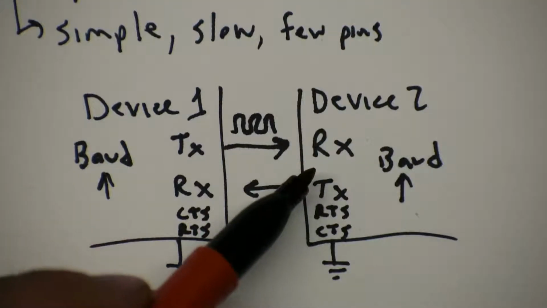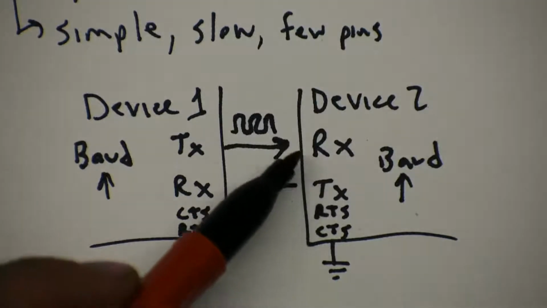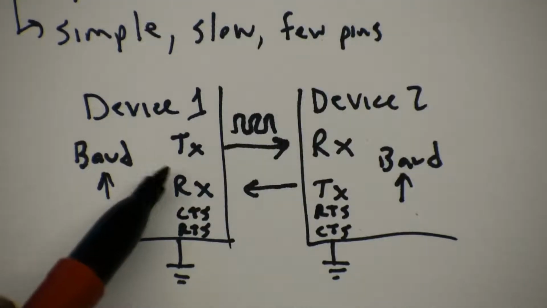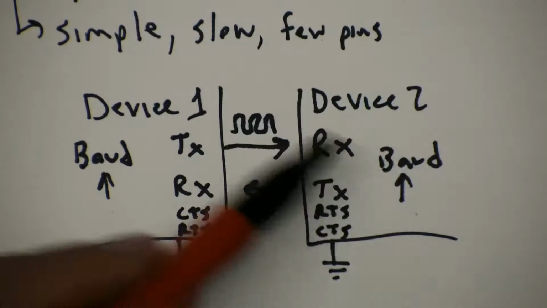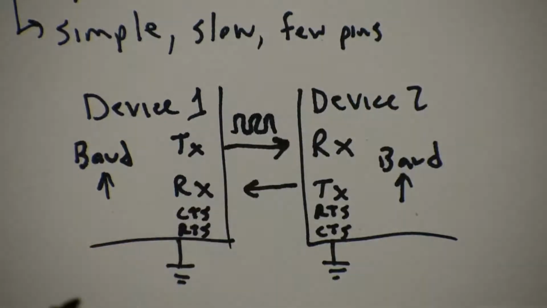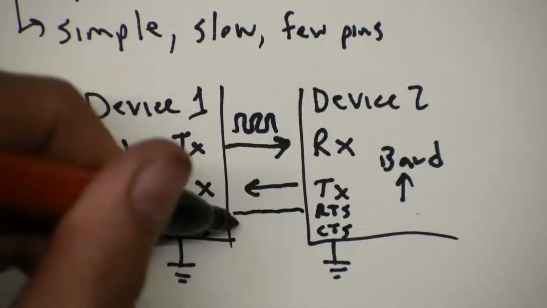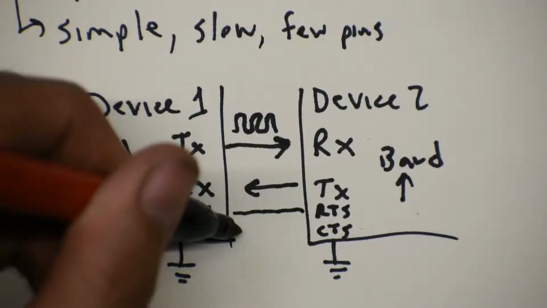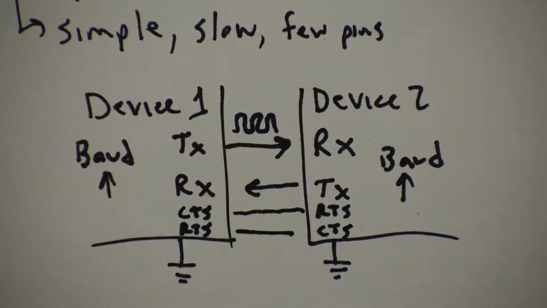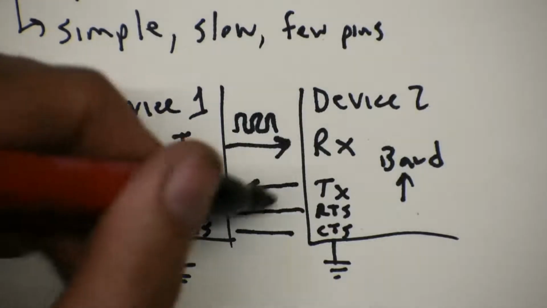If it, for some reason, has to do other tasks, it might want to tell device 1, hey, stop sending me data because I need to do some other stuff. I'm not ready for your data. And if you keep sending me data, I might lose that data. So the CTS and RTS, clear to send and ready to transmit, are lines that talk to each other,